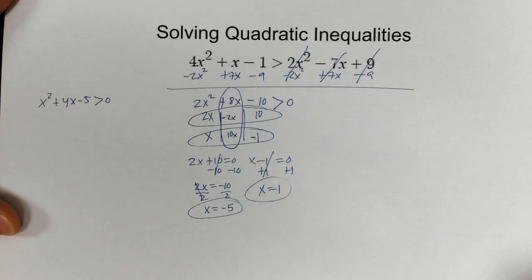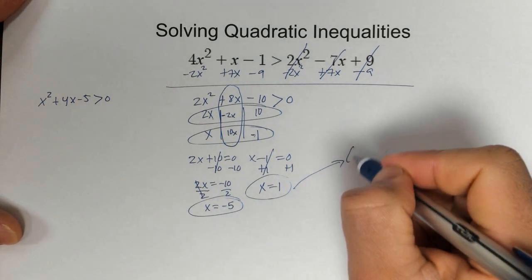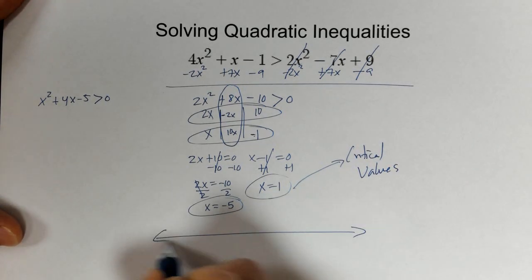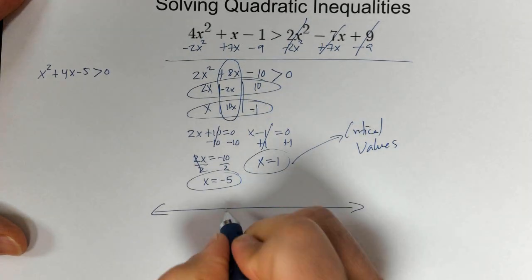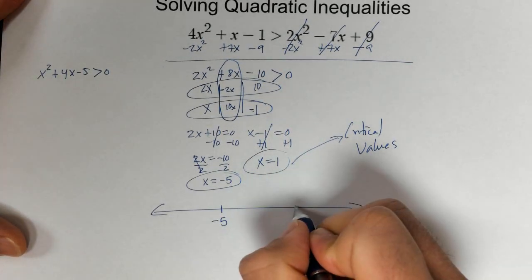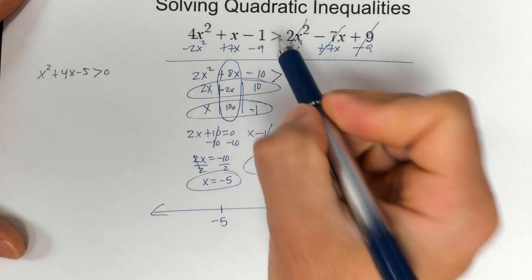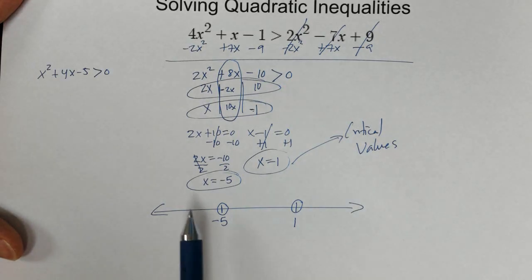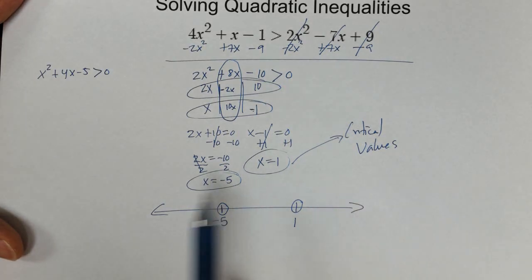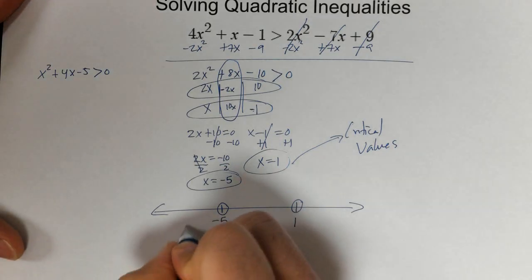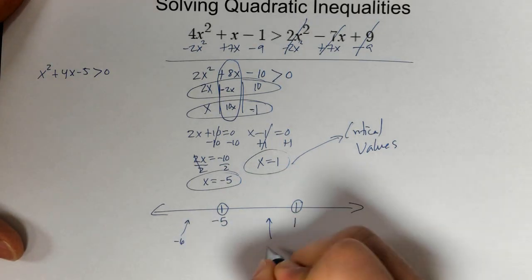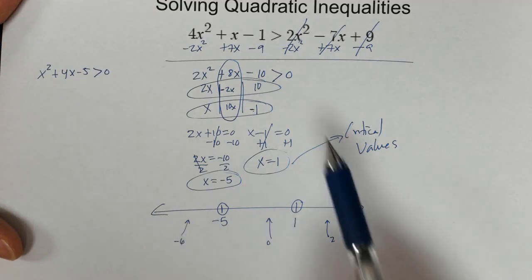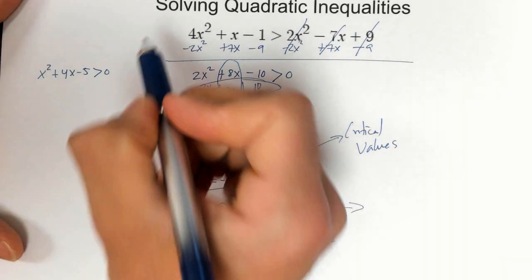So these are my two critical values, right? This is what's going to allow me to determine my solution set. I write the smallest number first, I write the larger number second, and now because there's no equal symbol, I'm going to use an open circle here. Now that I have my three ranges, I can choose numbers like -6, 0, and 2. And I can plug the three numbers into the original inequality, or